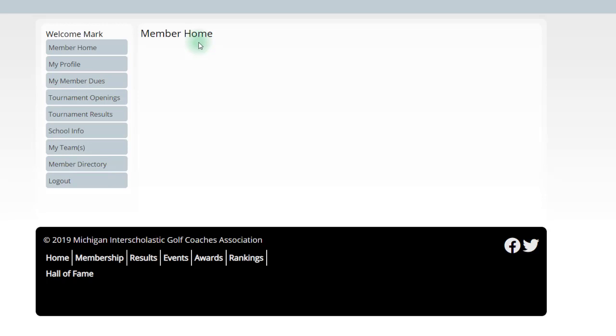Now, before we get moving, a lot of coaches believe that in order to create a tournament, they will actually come over to tournament openings or tournament results. These are actually places that we are not going to create the tournament, but this is where we will view tournaments that have already been created, and in tournament results, we will view the tournaments that already have results and have already been played. If we want to create a new tournament, we will need to come down to our